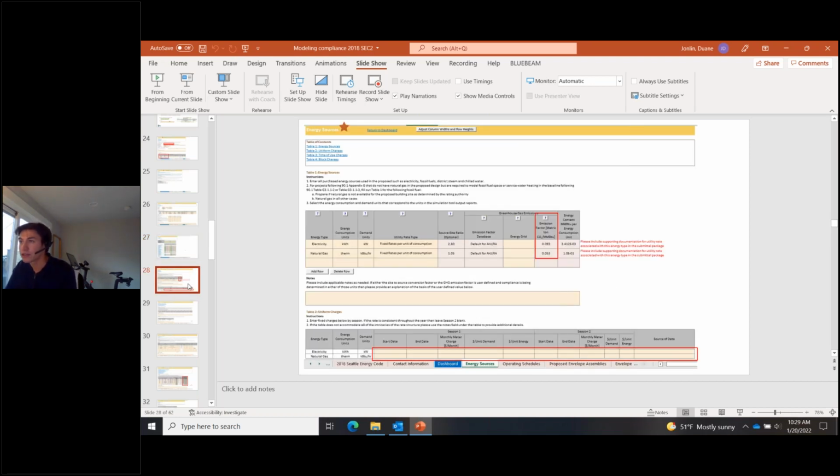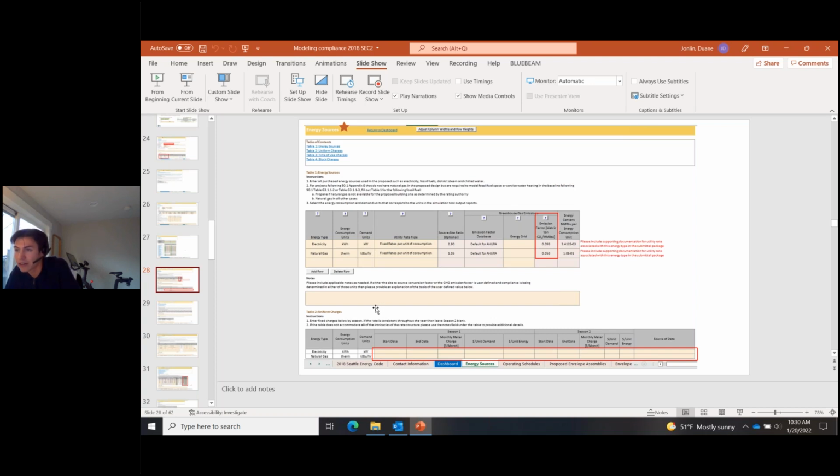Next slide, energy sources. So this one's kind of important. So yeah, like Duane said, for Washington and Seattle Energy Code, our compliance is based on emissions rather than cost, which is what 90.1 does, or energy, what we used to do. This energy sources table, when you select Washington or Seattle, will just auto-populate with the correct electricity and natural gas emissions rates from that table that Duane showed. It will do the correct conversions and stuff. So you don't have to do anything here. It's just nice that that's been taken care of within the workbook.